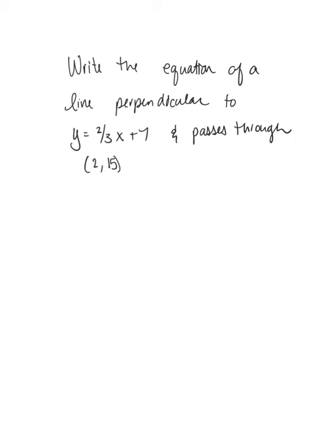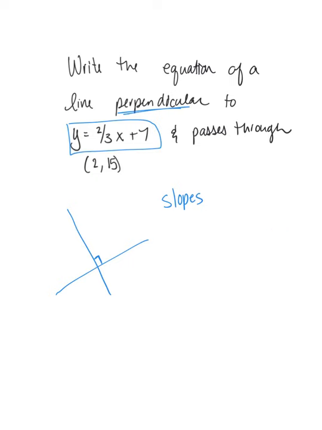The last problem I want to do with you relates to perpendicular lines. Now I know lines are perpendicular. I want a line perpendicular to this one. That means those lines meet at a 90-degree angle. I also know the slopes of perpendicular lines are something we call opposite reciprocals. So for example, if one slope was 1/2, the opposite reciprocal would be -2 over 1. In this case,